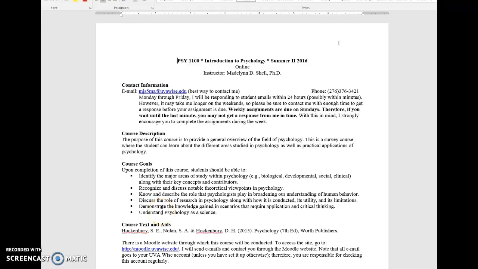This is what the syllabus looks like. I'm going to go over it generally here, but you should also read it more carefully on your own. So I've got my contact information up here. Email is the best way to contact me, and I'll respond to your emails during the week within 24 hours. It might take me longer, and I may not respond on weekends,